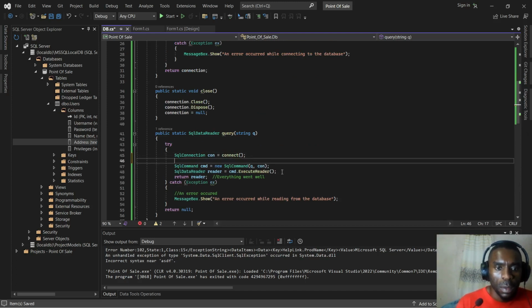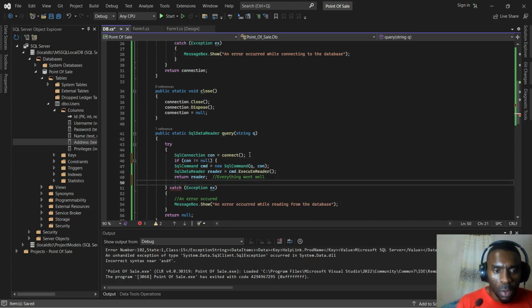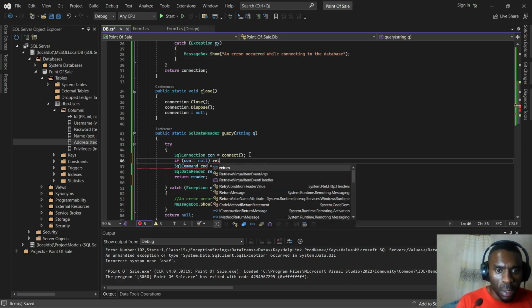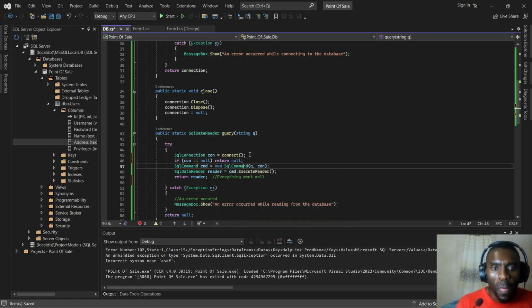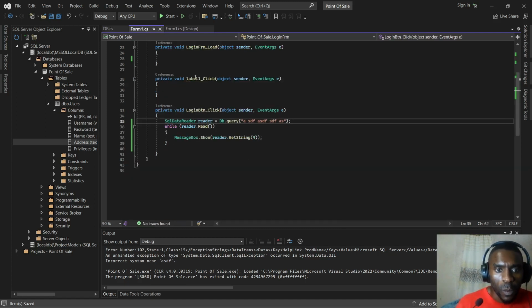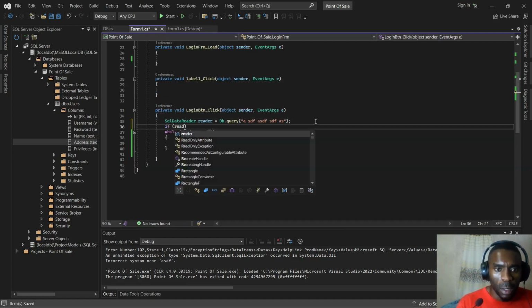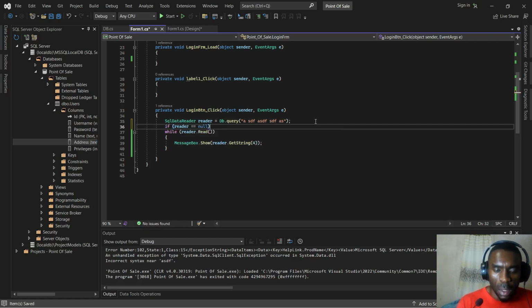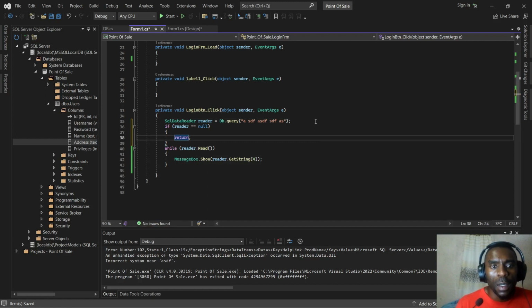So there is a possibility that the connection could be null if a connection resulted in an error. So I actually want to say if the connection is still null after this, then return the null value as well. So on this part, we must also say if reader